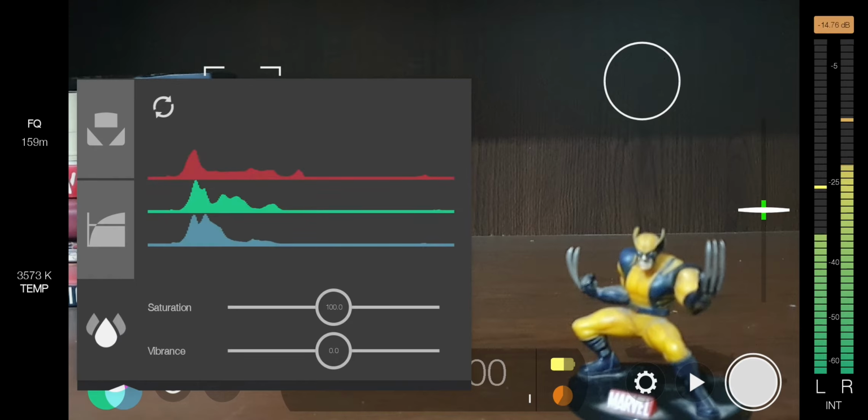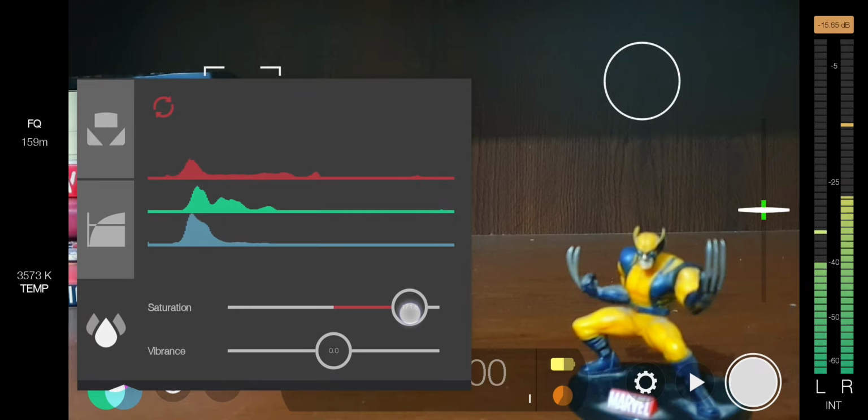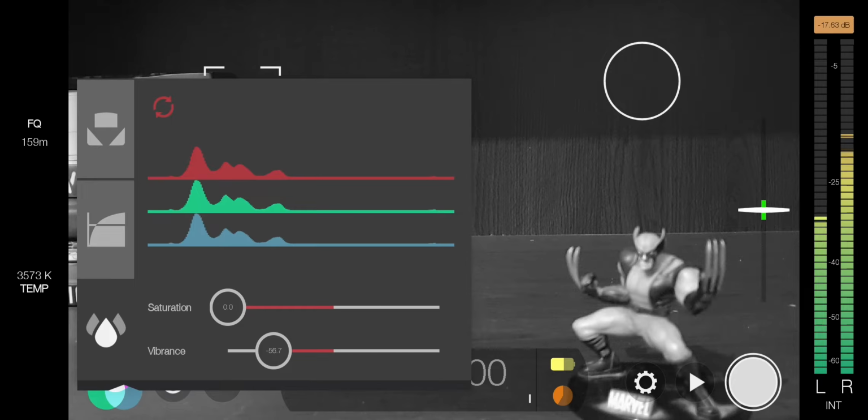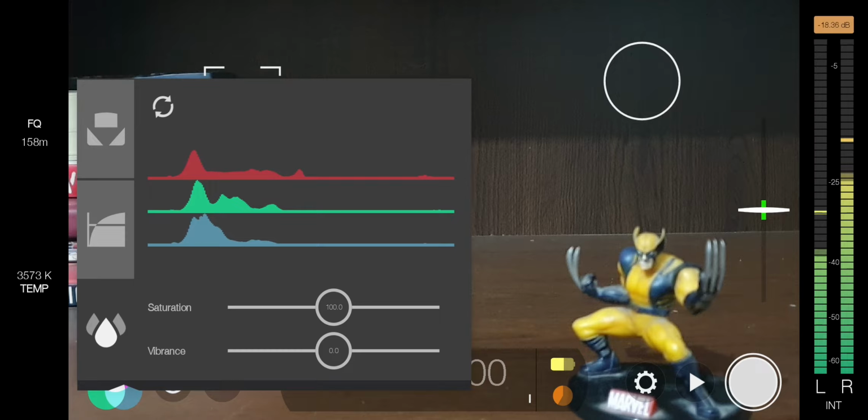And this one is for saturation and vibrance. If you go up, the saturation will increase. If you go down, the saturation will decrease. Same goes for the vibrance. So I'm going to turn it to the normal settings now. Yeah, fine. If you tap anywhere again, you exit this option.